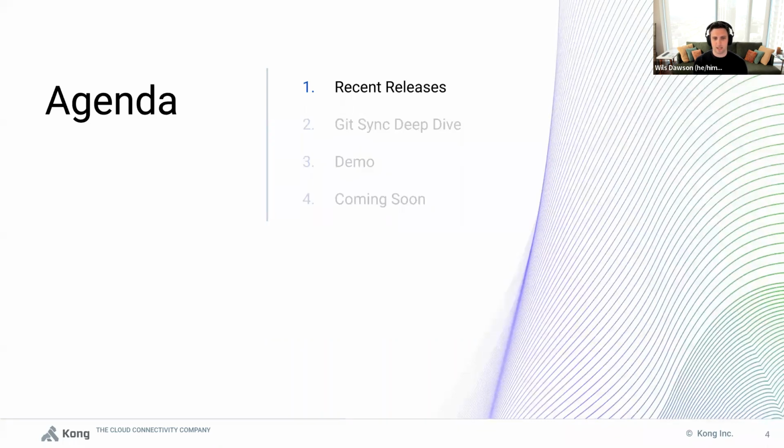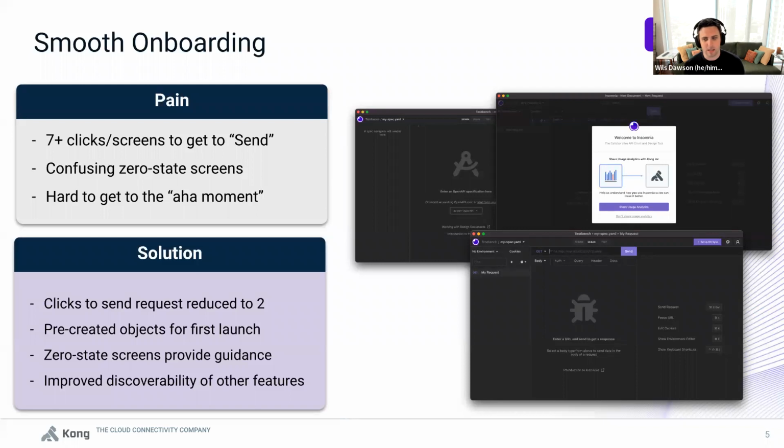All right, so digging into recent releases. In 2022.1, which we released in February this year, our first release of 2022, we released a feature that was related to smooth onboarding. Some of the pain that we saw from our users using Insomnia before this change was it took 7 or more clicks or screens to get to a send request action in Insomnia, which is by far the most popular use case for Insomnia. You know, we support REST, GraphQL, gRPC,